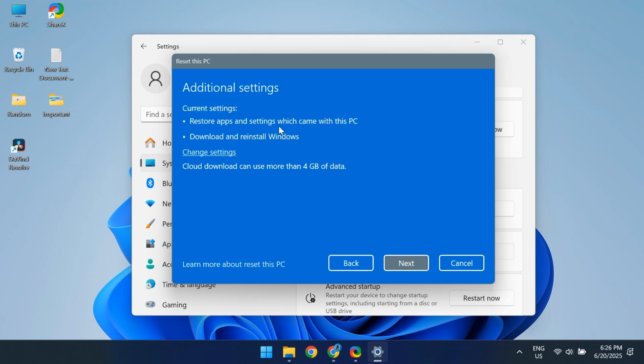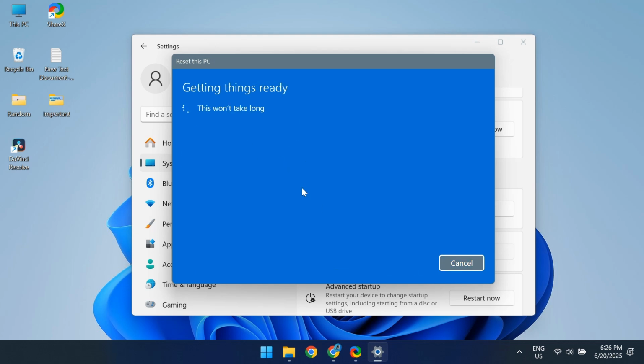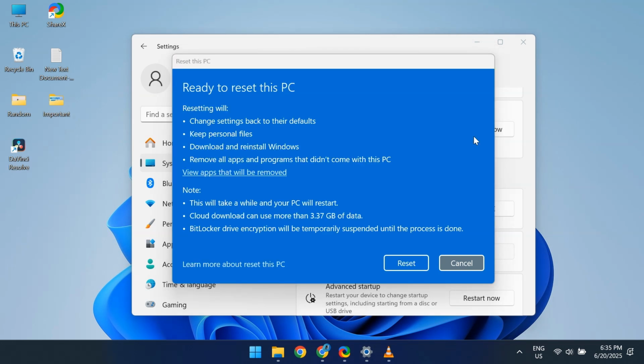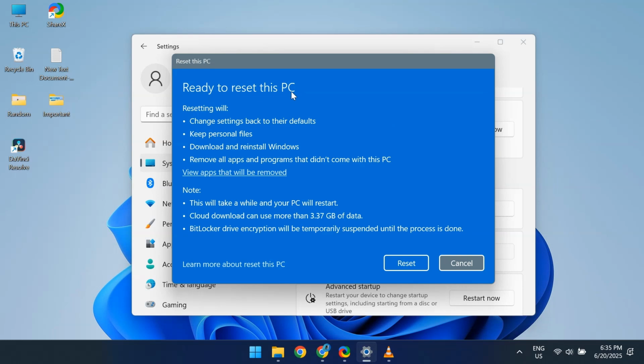On this screen, verify that everything is in order and click Next. It's a pretty basic check. Windows will now get things ready for the reset. This process takes 2 to 3 minutes if you have picked Cloud Download earlier. Once you get to the Ready to Reset this PC screen, it will list what changes will be made to